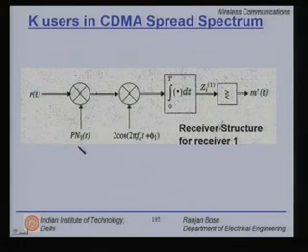You take that and you multiply with user 1's PN sequence. What will happen is only user 1's sequence will despread and the rest of the other ones will spread even further. So you go on, this is the despread signal, multiply, pass it through the band pass filter or integrate and dump and take a decision to get the received signal. So a fairly simple receiver structure is a selling feature of CDMA systems.